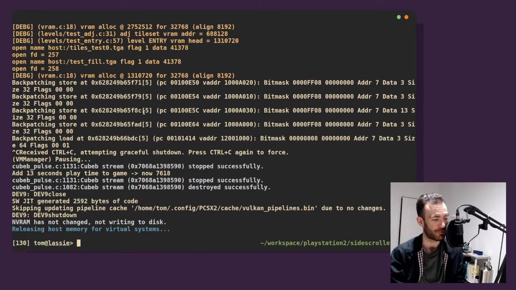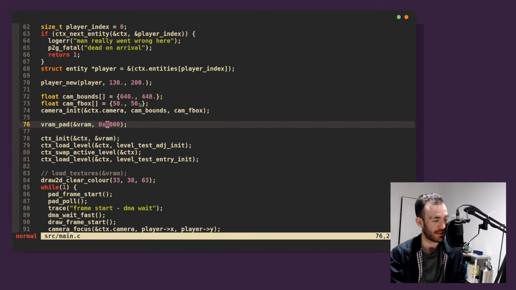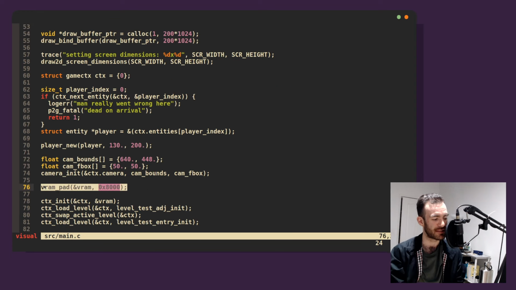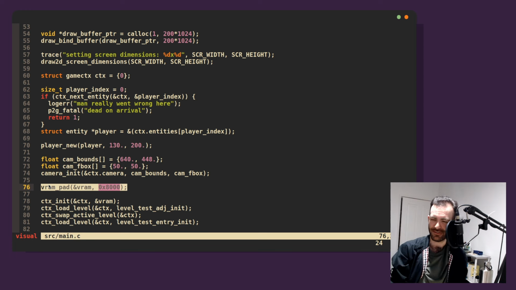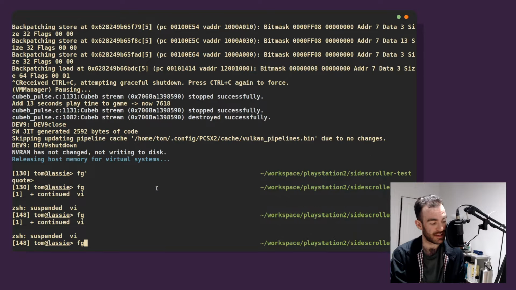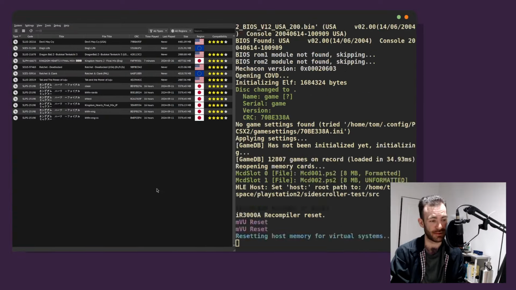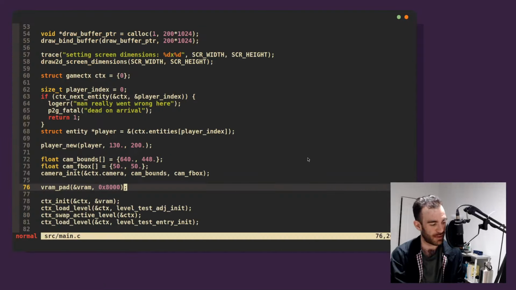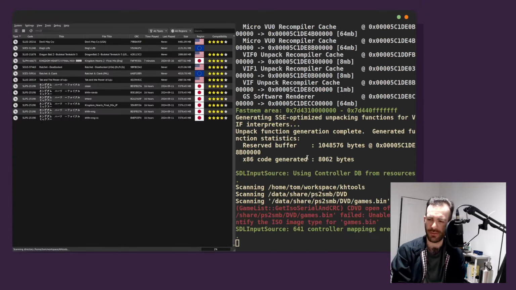So what I'm doing is moving the place in VRAM that the texture will get allocated to, basically. So I call pad after I've allocated, at this point in my program, my frame buffers and my Z buffer. And then if I put this pad in here before I allocate my texture, it moves where the box is on the screen. But I've checked the address, and the address seems okay. And the upload address seems okay. So I'm confused. I understand exactly why this works. It's because it changes where we're uploading the texture to. But I don't understand why it's a blank box. And I don't understand why it's quite behaving like this. So if I change this to like 20,000, which is too big,